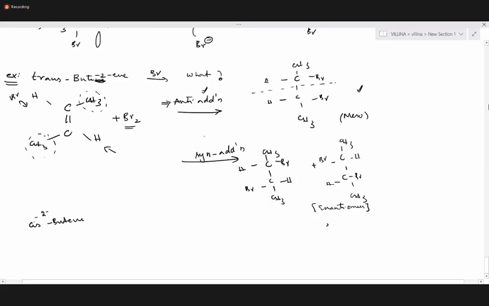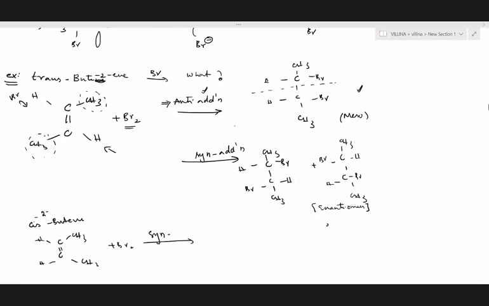So when we have the cis-butene, C double bond C, CH3, CH3, H and H. Here you will have syn addition first. So in the syn addition, you will be getting